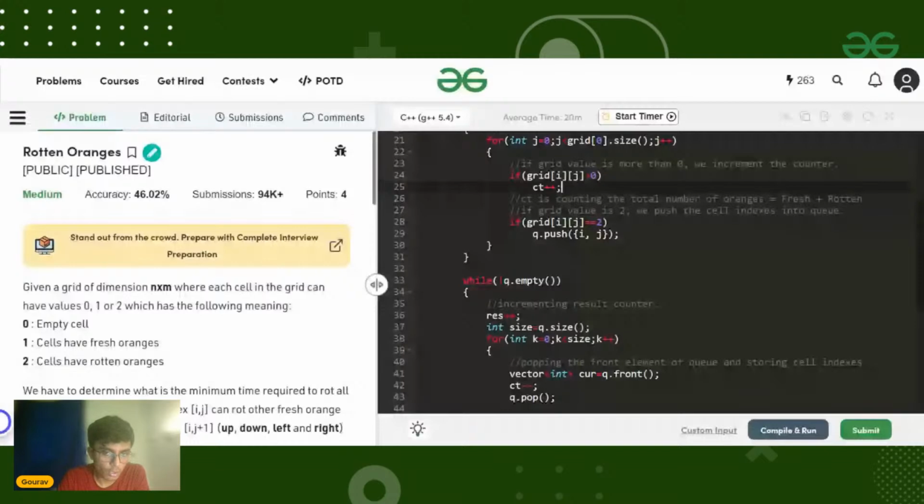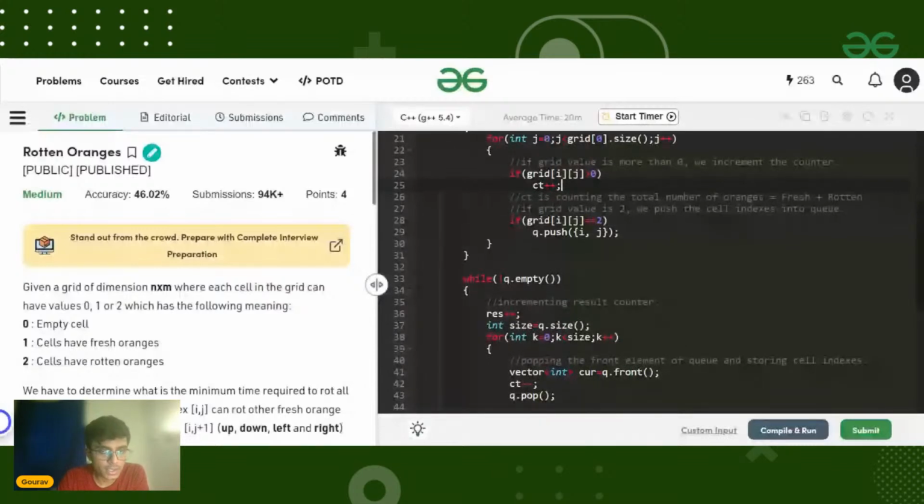And if we see that we have a fresh orange sitting on that particular coordinate, we rot that orange. By rotting, I mean that I'm changing the value present in the coordinate to 2. If it is 1, I will change it to 2. Once I change it to 2, that rotten orange can rot another orange after that iteration, so I will insert it back into my queue. So this is the idea of how you can solve this.